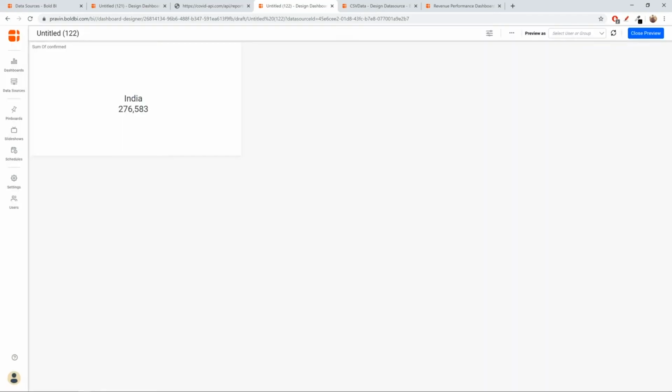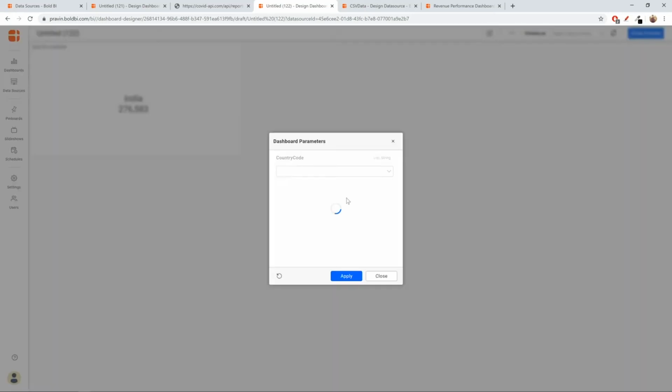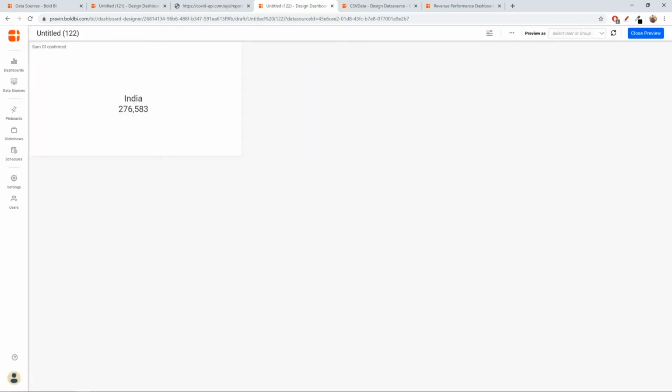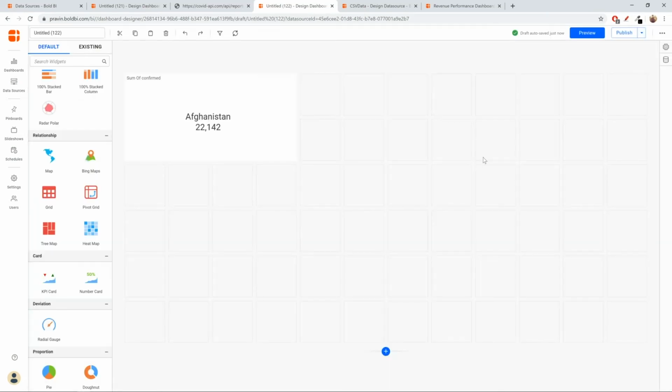This is now going to replace the default value that we had. As you can see, for every change of the parameter, it is going to change the REST API and fetch the latest data from the REST API. So that's how you make use of parameters in live web API connections.